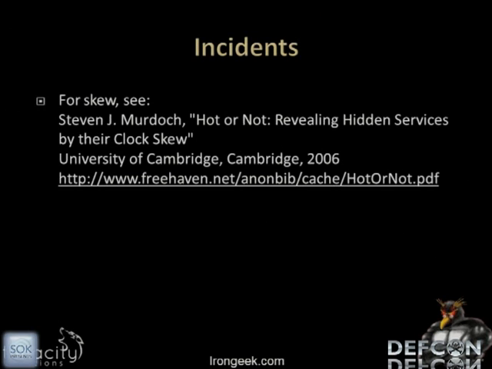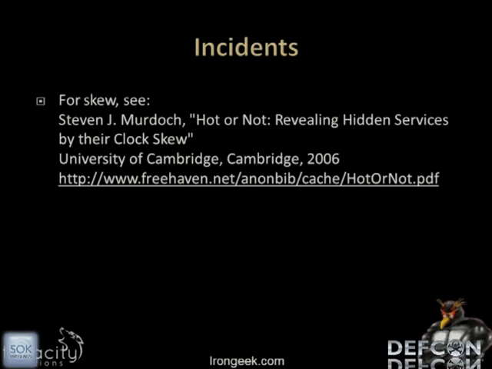Now, a few instances. One major paper that's been in research circles on this would be Steve Murdoch's Hot or Not. And this is a neat concept. Essentially, different hardware has different reactions to when it gets hot. Its internal clock skews a little bit. And not all hardware is the same, and not everybody's going to be in the same temperatures. So there's a certain unique pattern to how much this internal clock skews. So what he did is he set up his own private Tor network and did some experimentation and was able to at least partially de-anonymize people or de-anonymize nodes based on how different the clock was. And he was using HTTP requests and pulling off the time header.